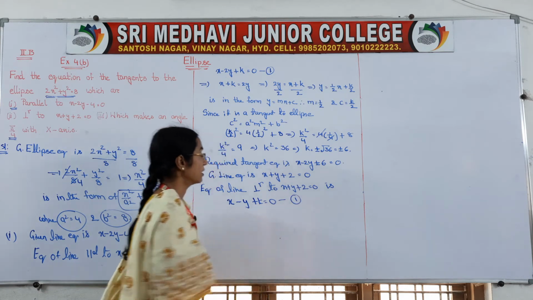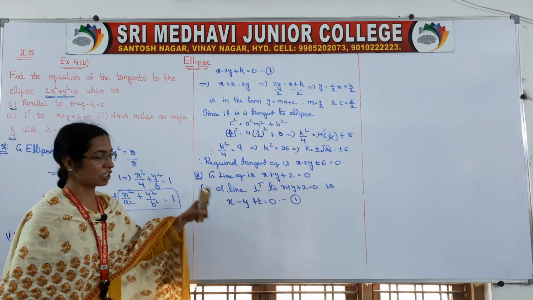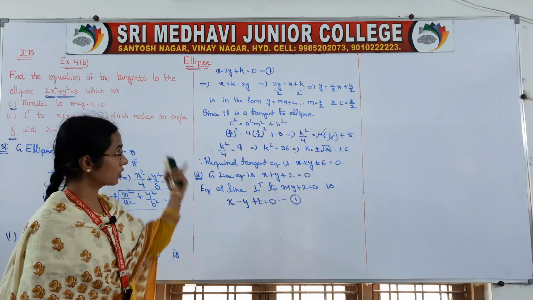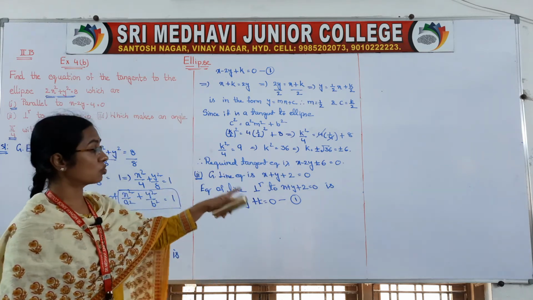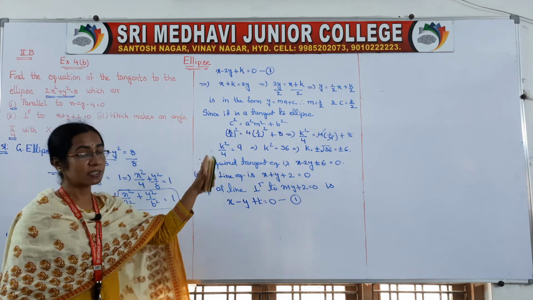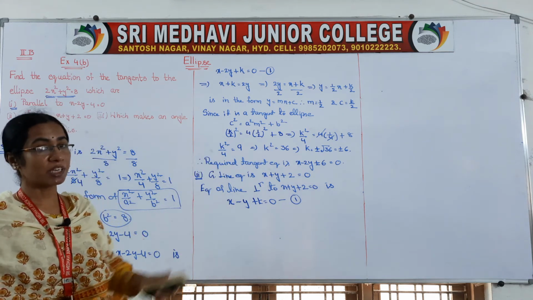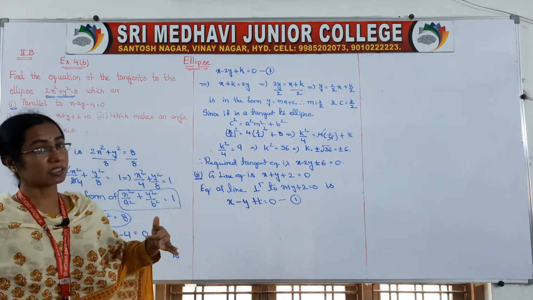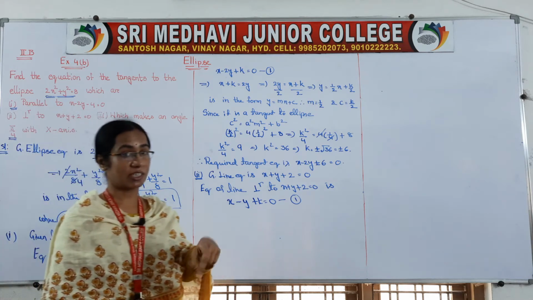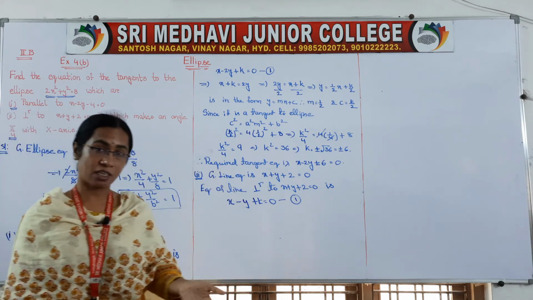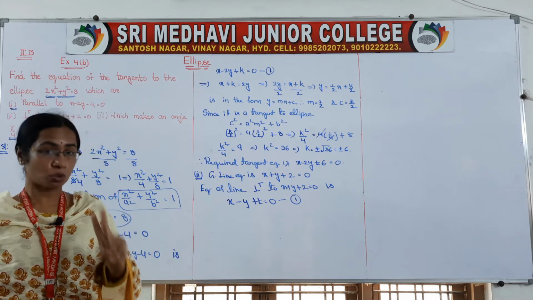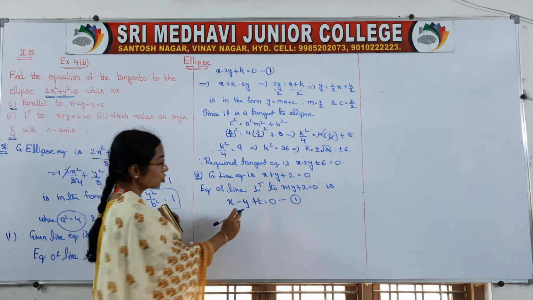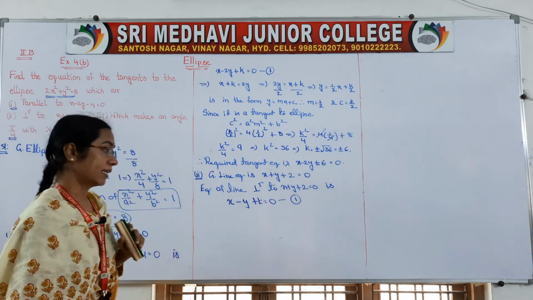You consider this as a different question. I have taken 1 here, do not consider that as 1, this is 2. That is a different answer, this is a different answer. Sometimes they will ask only second and third, sometimes first and second, sometimes first and third, they can ask any 2 questions. So, this is the tangent.